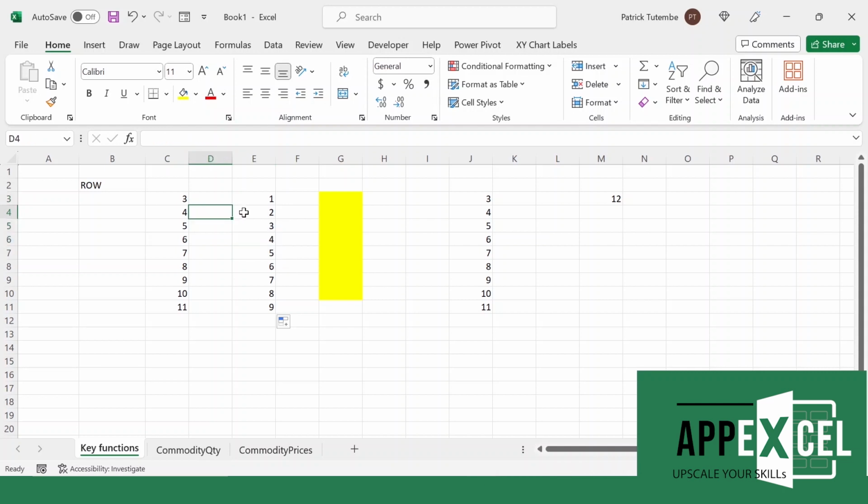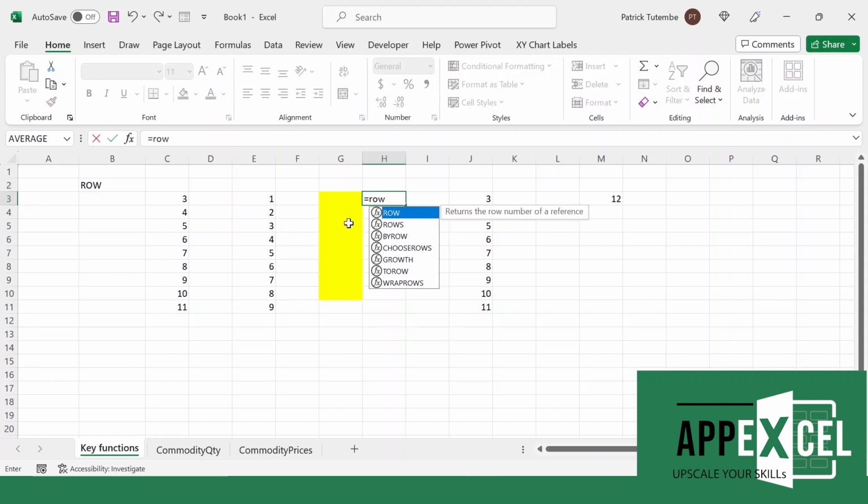So the major difference between the row and the rows formula is that row returns the row number of a reference, whereas the rows function expects an array or reference and it will return the number of rows that are referenced. Let's try, for example, to say equal to rows,